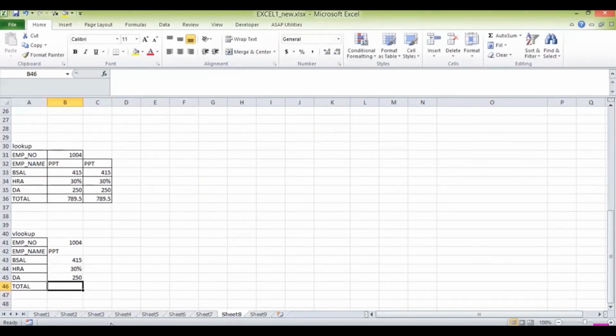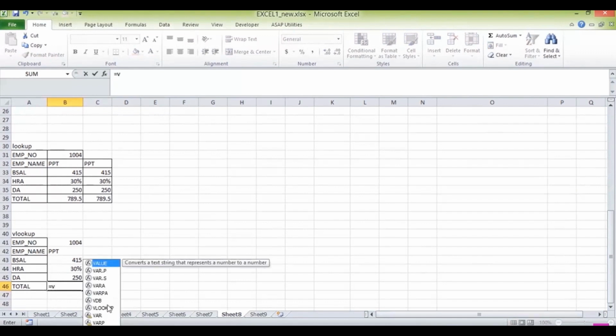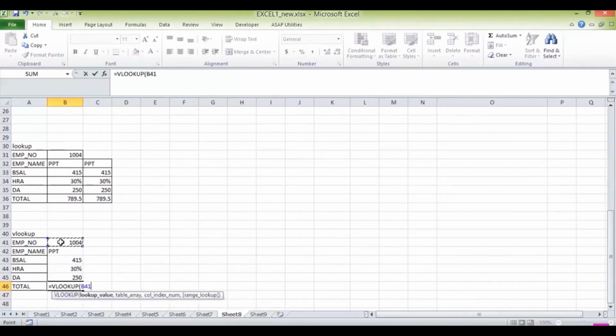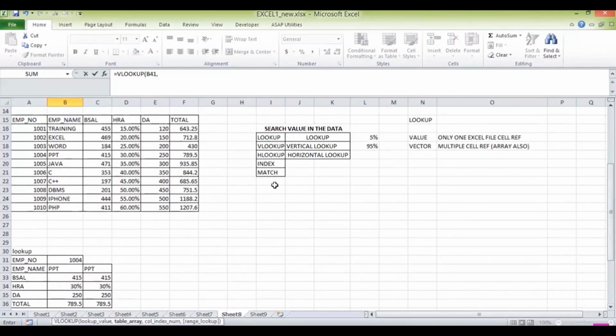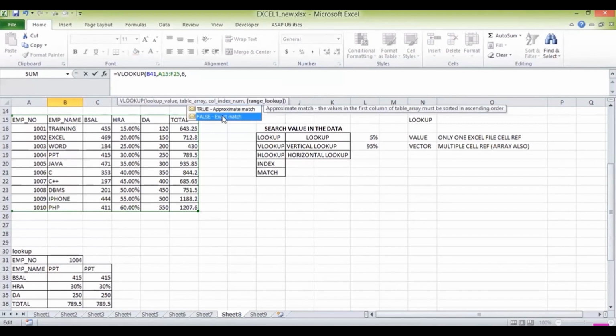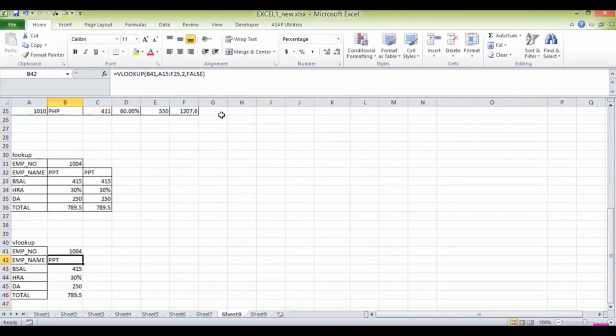This value is an exact match. Now we will use the VLOOKUP with lookup value, table array, then total is 1, 2, 3, 4, 5, 6. It's number 6. And exact match, this value is exactly